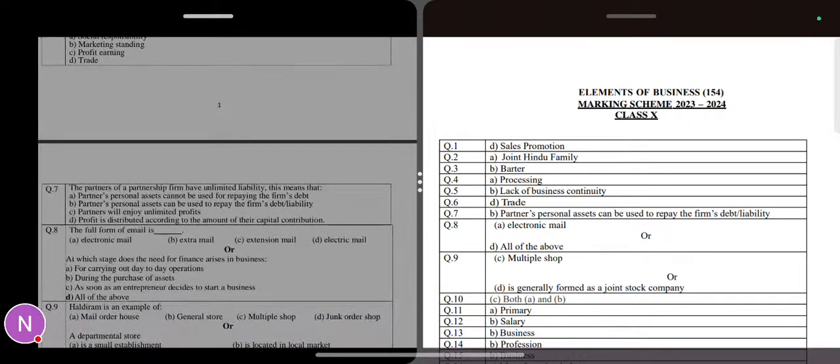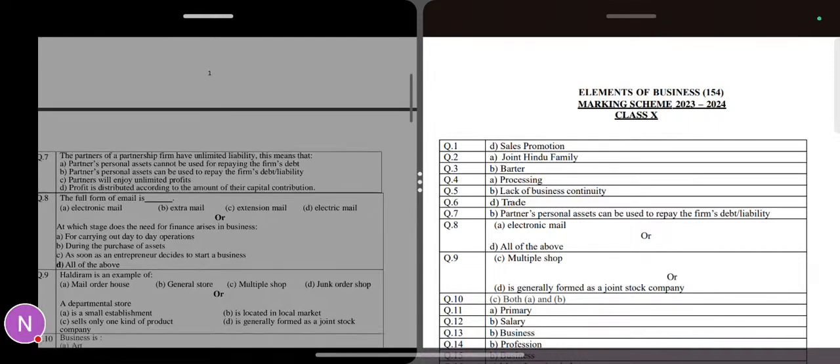Moving on to our seventh question. The partners of a partnership firm have unlimited liability. This means that A, partners' personal assets cannot be used for repaying the firm's debt; B, partners' personal assets can be used to repay the firm's debt; C, partners will enjoy unlimited profits; or D, profit is distributed according to the amount of capital contributed. So the correct answer is option B, that is, partners' personal assets can be used to repay the firm's debts